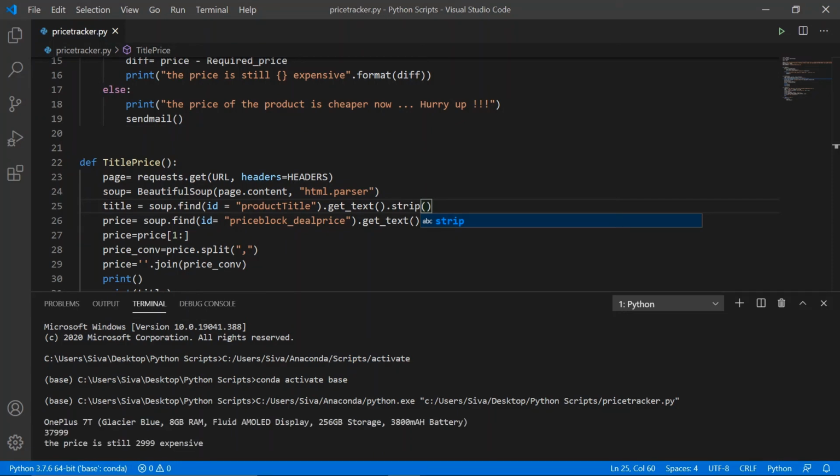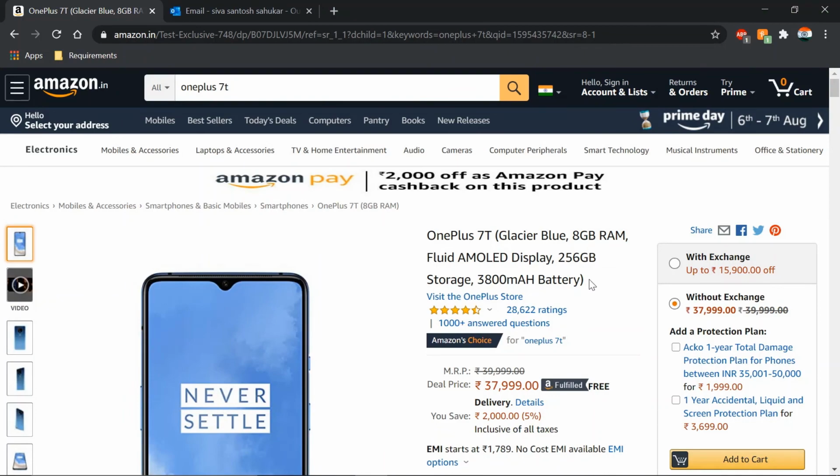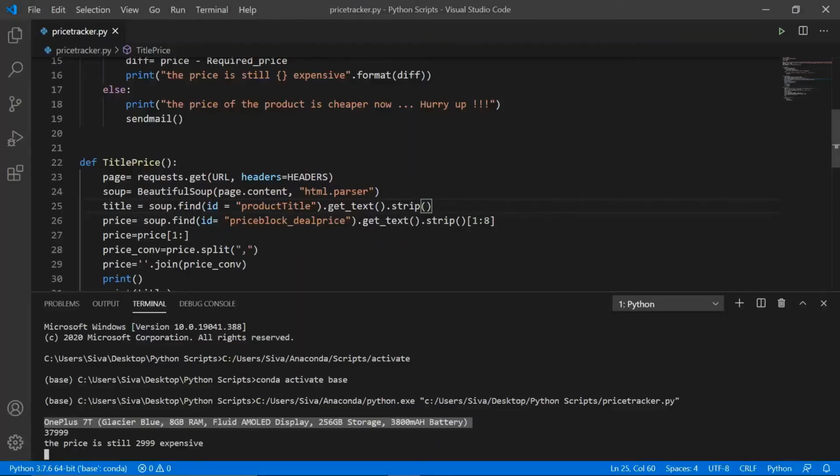See, this one is the title, 1 plus 7t. If you compare it with this 1 plus 7t, the same title has been got here. Another thing, one is the price, 37,999, and the third one, the price is still expensive, still 2,999 expensive. Why are we getting this?